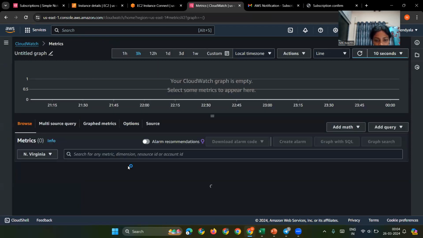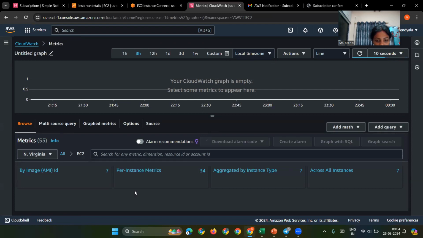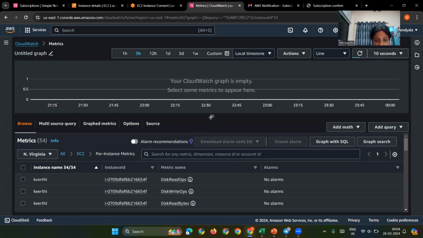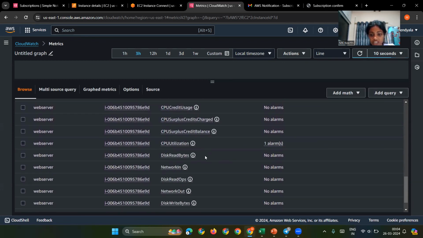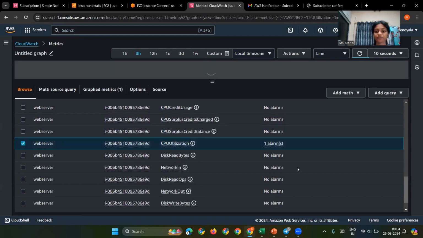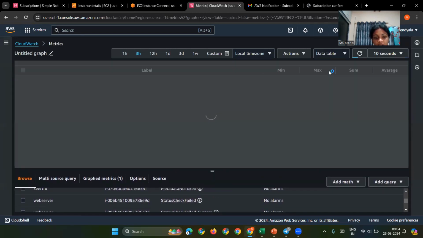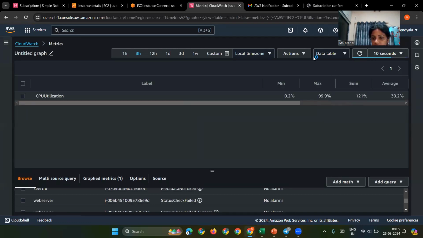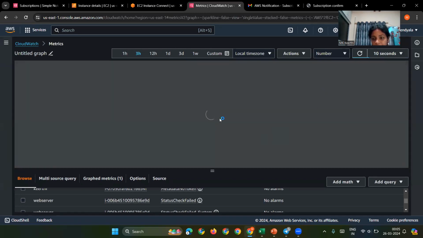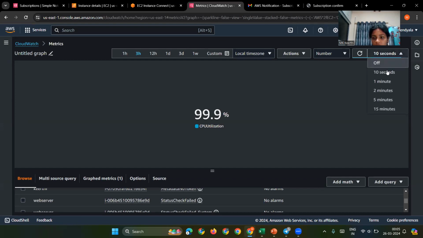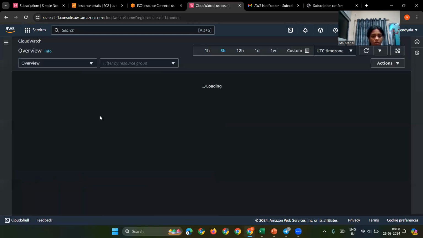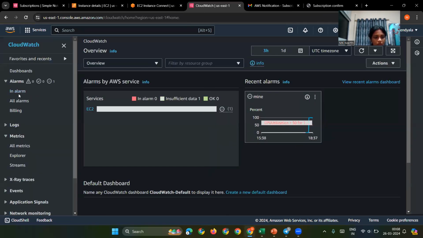in all metrics, EC2, per-instance metrics. In this web server, which has an alarm, this CPU utilization alarm, we'll be using this one, and then we'll be taking data table. In this data table, every 10 seconds, this number gets increased. So if we go to CloudWatch, alarms,